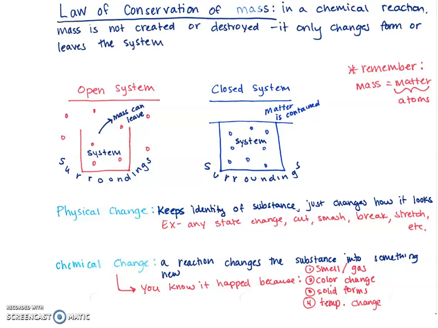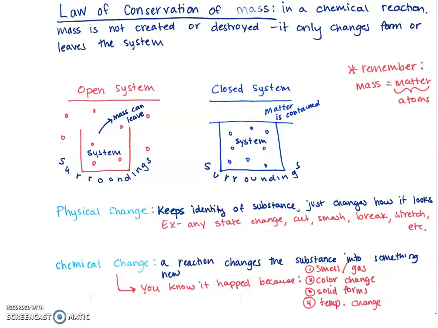The first way is a physical change, where I keep the identity of substance, I just change how it looks. So cutting something in half, smashing it, breaking it, taking a ball of clay, rolling it into a ball, smashing it. As long as I don't throw any of the pieces away, my mass won't change. Okay? True, a lot of that happens in an open system. I can't smash a piece of clay into a pancake unless I can get to it. So my system has to be open, but my mass won't change because I'm not getting rid of any of the clay. I'm just spreading it out or smushing it out.